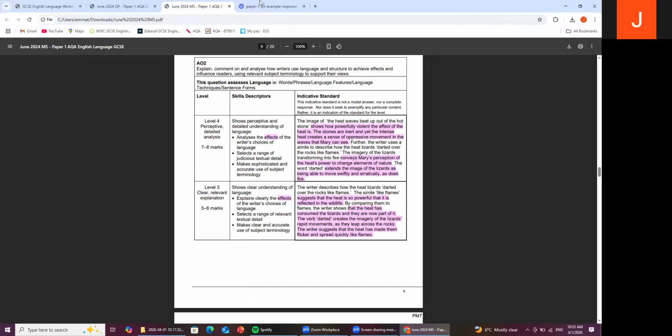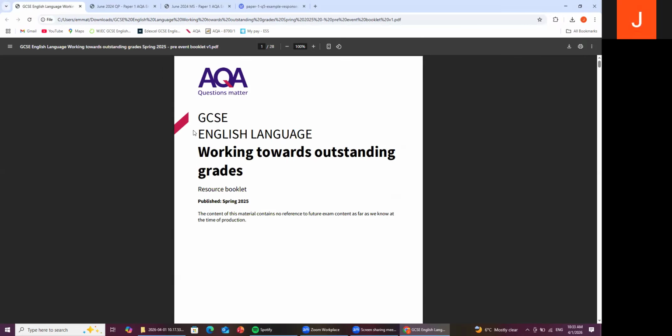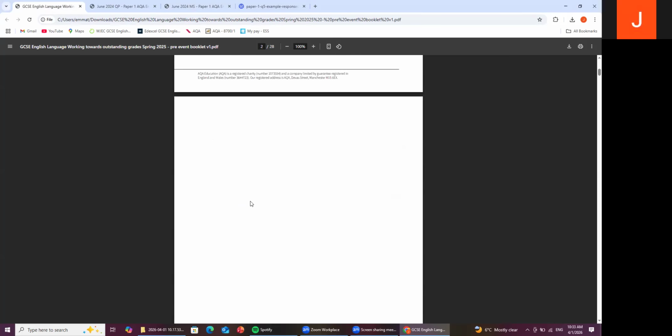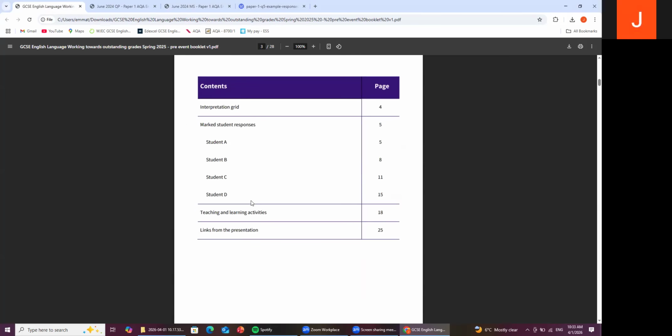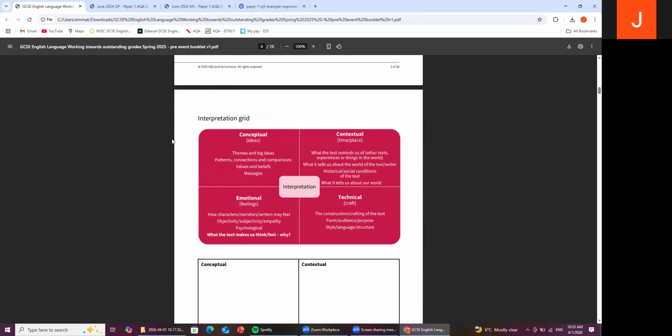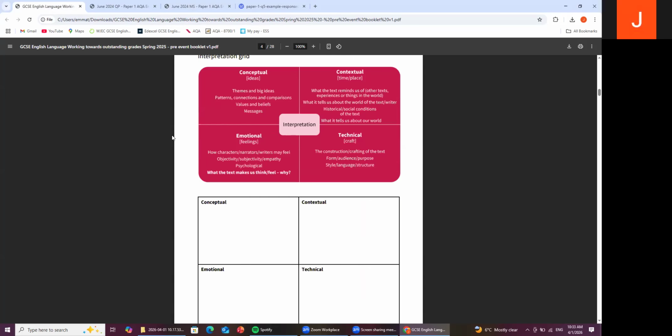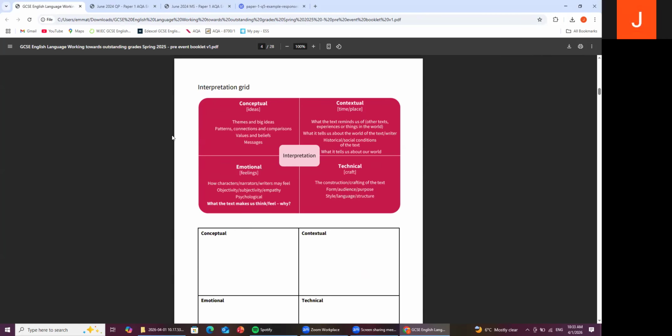And I will just show you as well the recent document I mentioned earlier. So English language working towards outstanding grades. As you can see, this is from AQA. This was published last year. However, it is still directly relevant. Nothing has really changed in the criteria. So I always teach this. I'll leave this on the screen here if you wish to screen grab it. This is really, really valuable